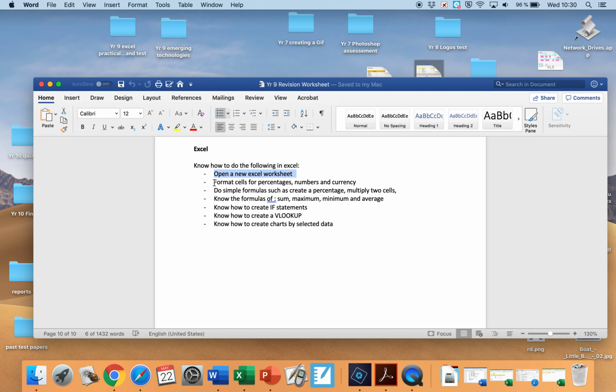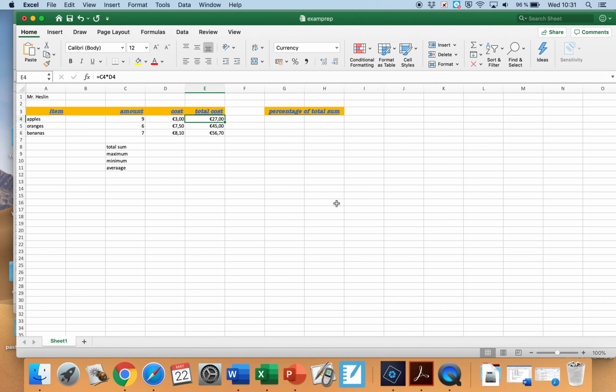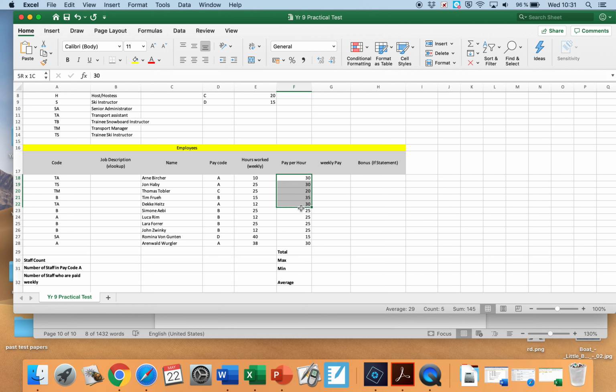All right, so you'll need to format cells for percentages, numbers, and currency. Let's quickly do that, okay? So here we go. Let's see, should I do that one or this one? Let me do this one. This is from the test that you had, okay? So I think everybody knows how to do this, but just a quick demonstration. I've got pay per hour. All right, these are all numbers, and if I want them to be in currency, okay, I can select the